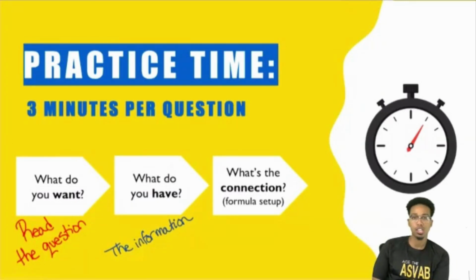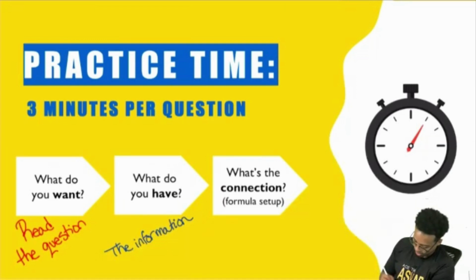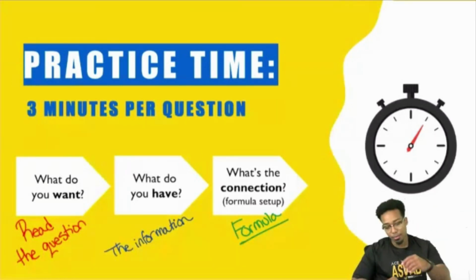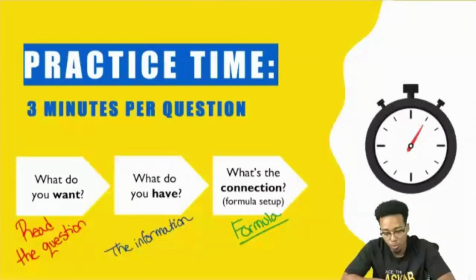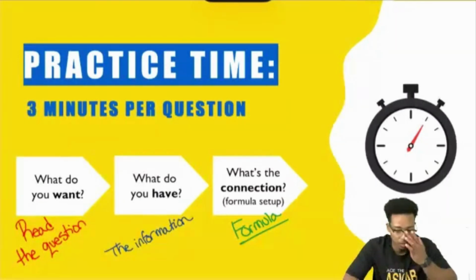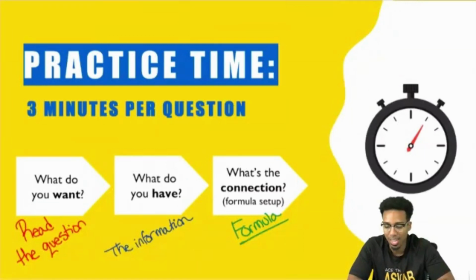That is where you're setting up your formula. I went ahead and revealed that to you nice and easy, but that is your formula, setting it up the right way. I'm going to give everybody 3 minutes per question. The first 2 minutes are really for focusing on setting it up. The last minute is for calculating. For the first 2 or 3, we'll do them one by one. After that, I'm going to see if we can do maybe 2, 3, or 4 at a time, back to back to back, and we'll go over them all individually.